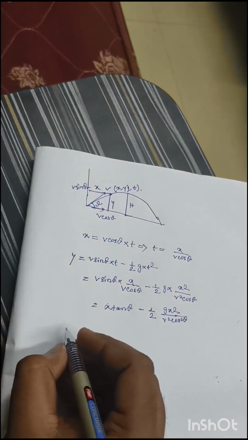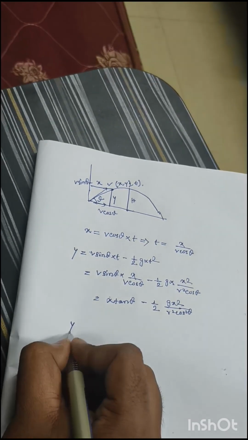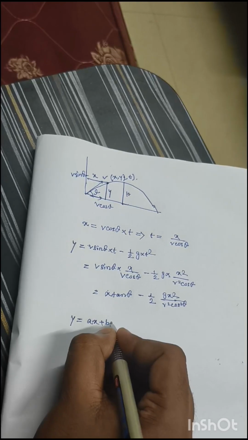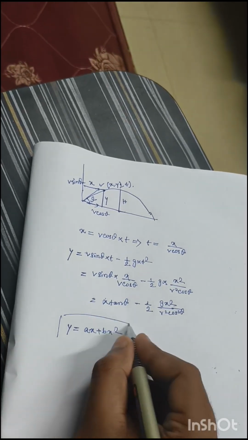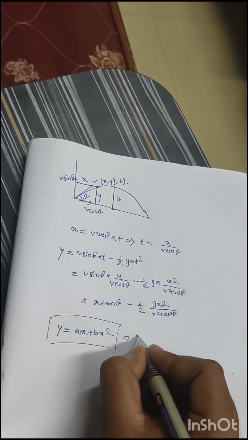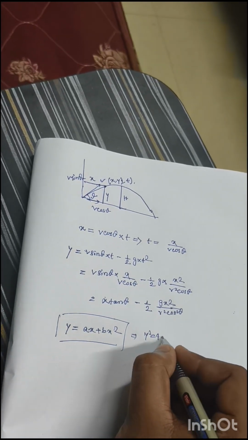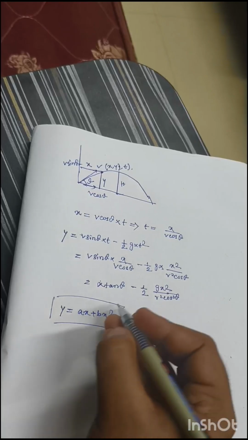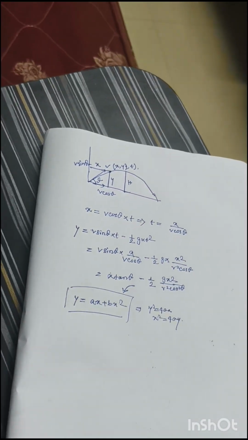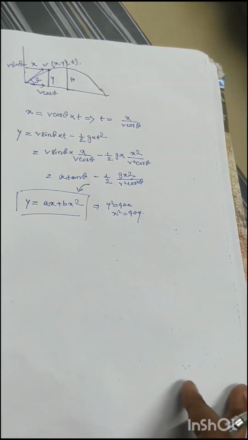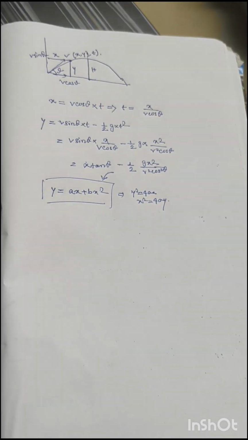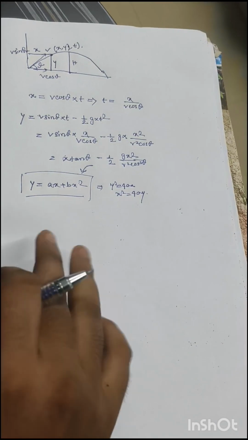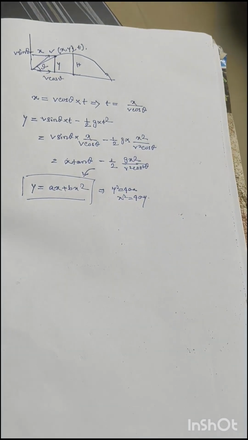From here we know that this has the form y equal to ax plus bx square. This is the alternate form, but we know that the parabola equation is y square equal to 4ax or x square equal to 4ay. But this is the updated version. Now how can we know that